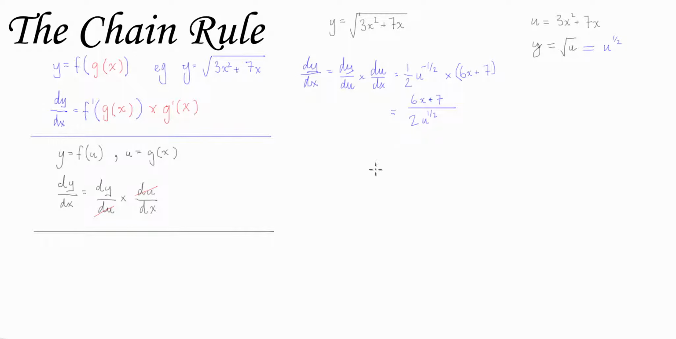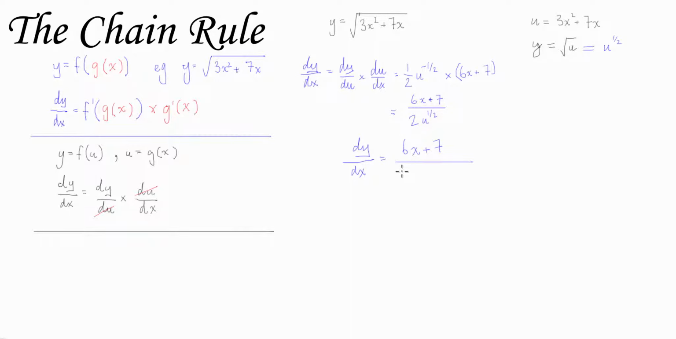And then you'll tell me, but Harold, this derivative here has a u and an x in it. We haven't got y in terms of x yet. No, we don't. But what we do know is that u is equal to this. So right at the end, which is where we're at now, we substitute u back into the equation. And we have dy/dx is equal to 6x plus 7